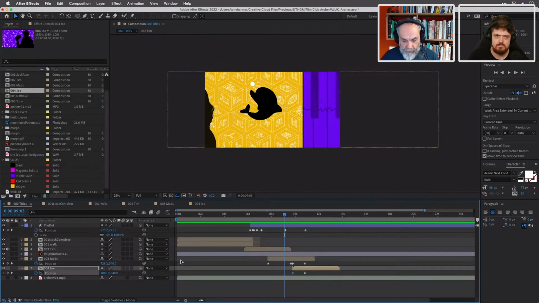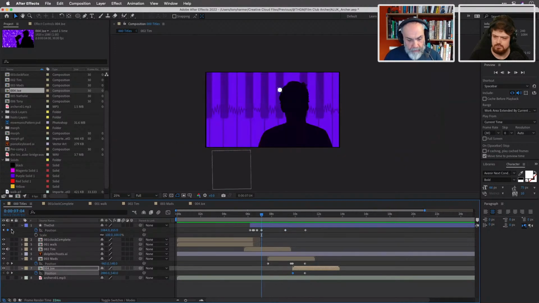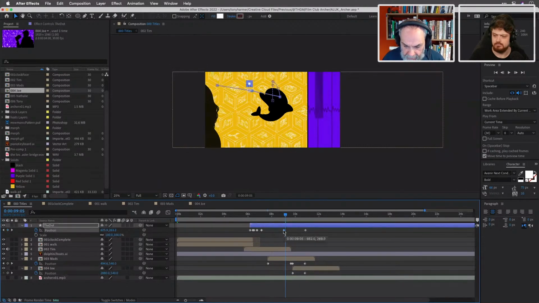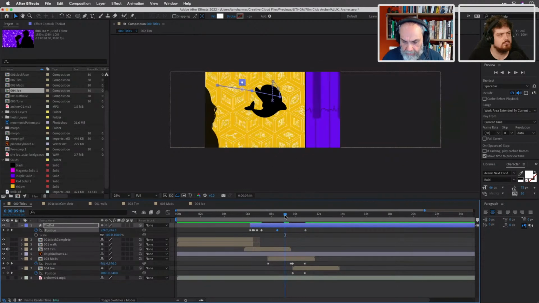Okay, let's rectify this then. So we'll go to the next keyframe for our ball. We'll go to the previous keyframe for our ball. That's where your head strikes it, just there. Okay, so this will be where we do have to do some tinkering around just there. Now, strangely enough, what is occurring there? The dolphin's coming up. At that point there, the ball should be on the dolphin's nose.